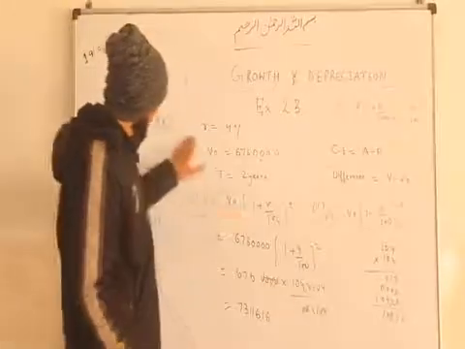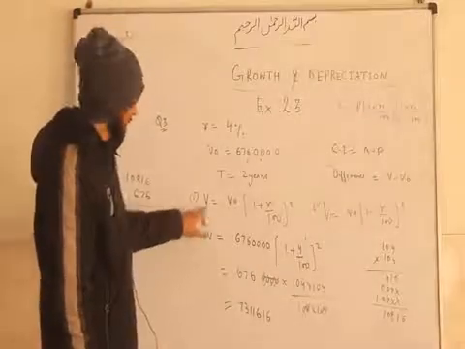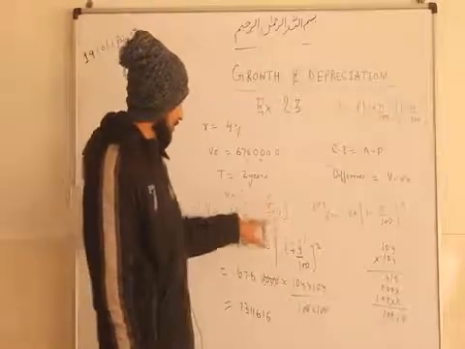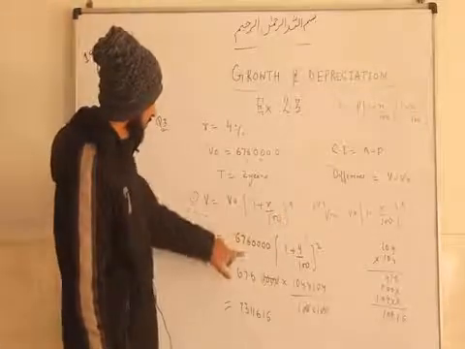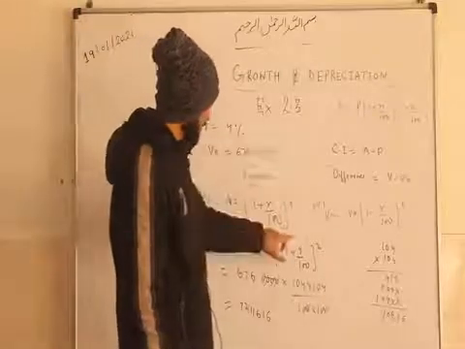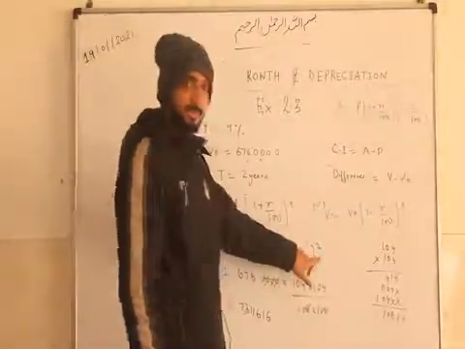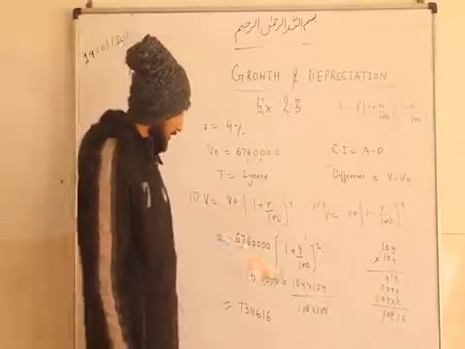Okay, so like this, we have calculated this. It was a simple question. This is the formula: V equals V naught times (1 plus R by 100) to the power T. V naught is given as this much. The rate of increment is 4%, so 4 by 100, and the time is given as 2 years. We are just putting these values into the formula and solving.